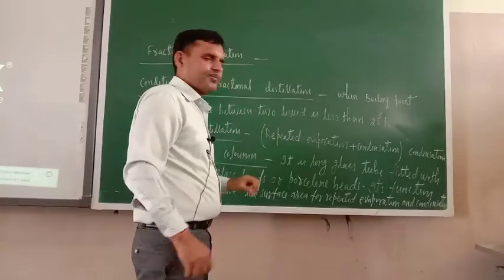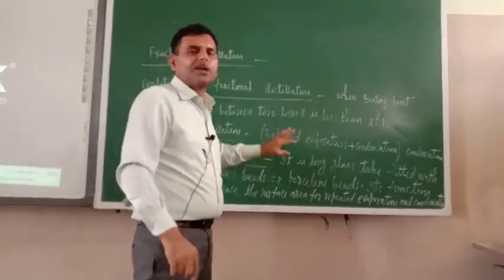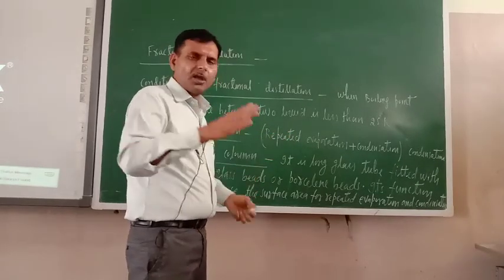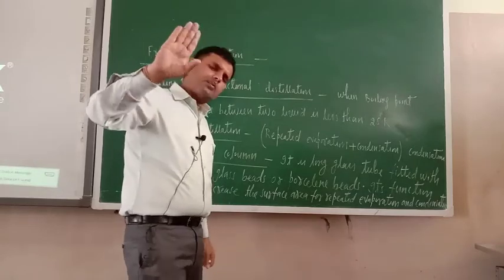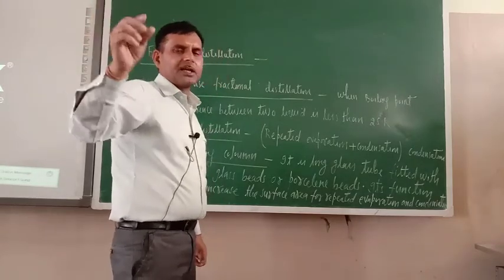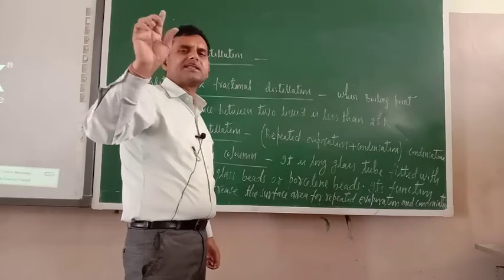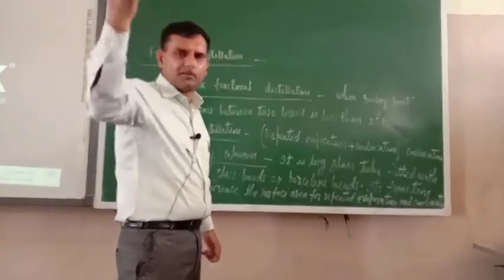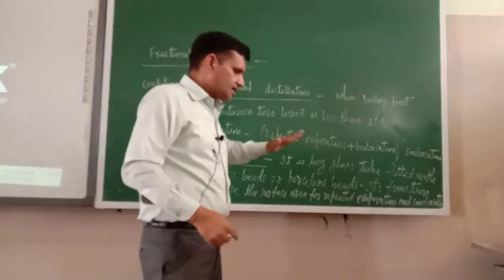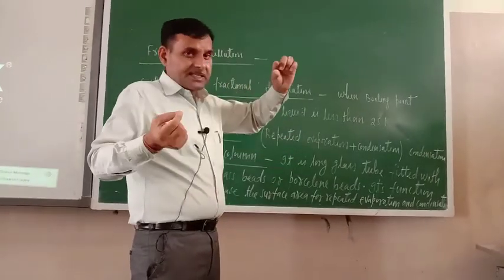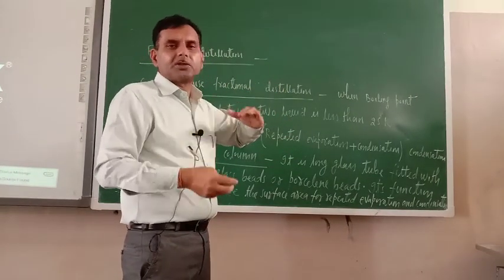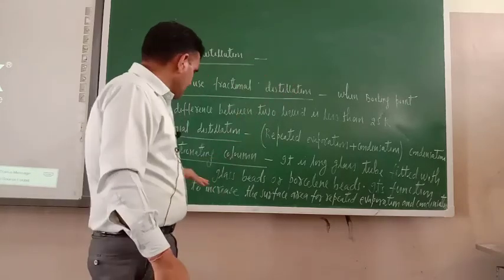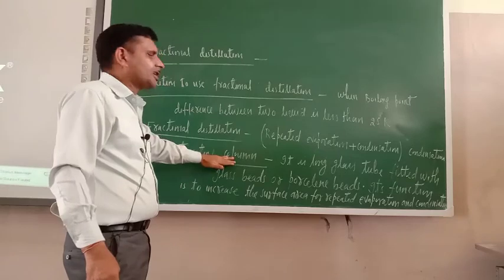Just listen here. When you take any liquid in the fractionating column, then what would be there? Two liquids are there, or more than two liquids can also be there. Since their boiling point difference is very less, at a time only the vapor of all liquids will form. Okay, so now just see, a little bit of difference is there, but their boiling points are close. So now all the vapor will rise up in the fractionating column.